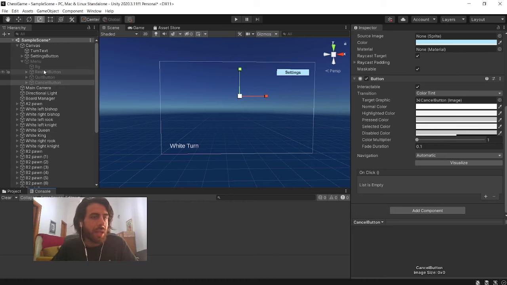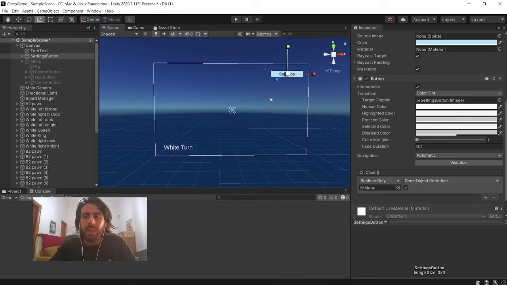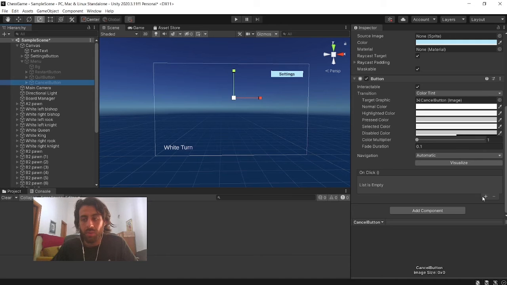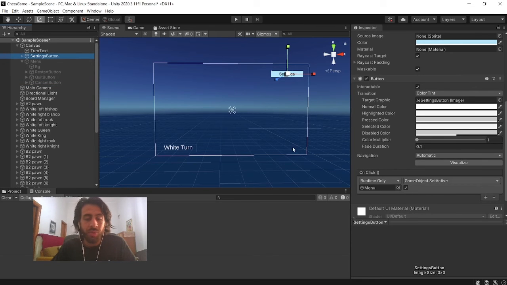Okay. So next step. When we click on this, we turn this menu on, right? When we hit this cancel button, we want it to turn off. So maybe you can give it a try. Maybe pause the video here. And it's pretty much like this, right? But we want the opposite to happen. We want to turn it off. When we hit cancel, this menu disappears. So you can pause your video now